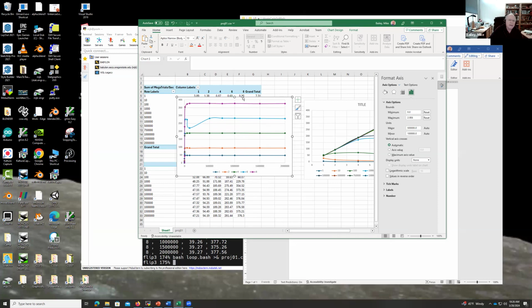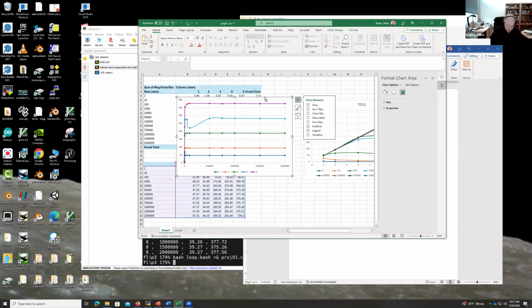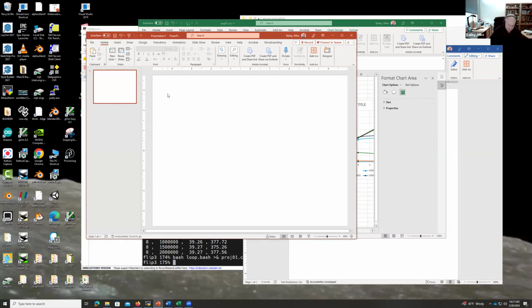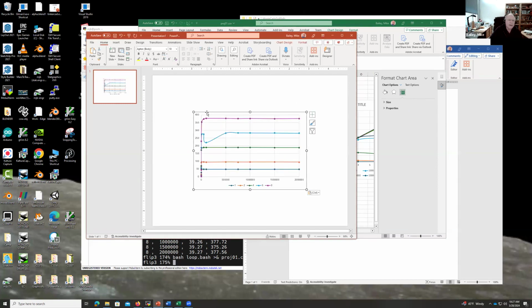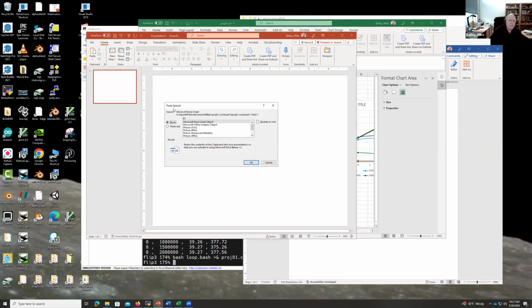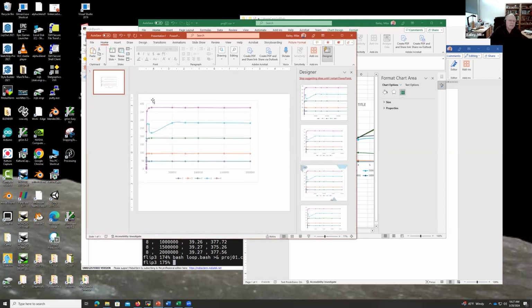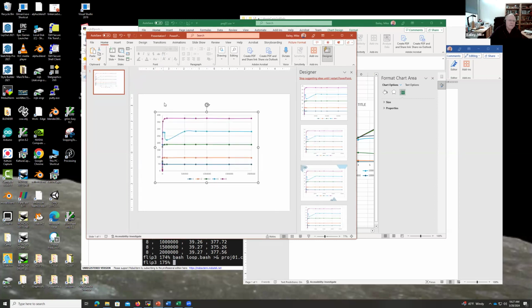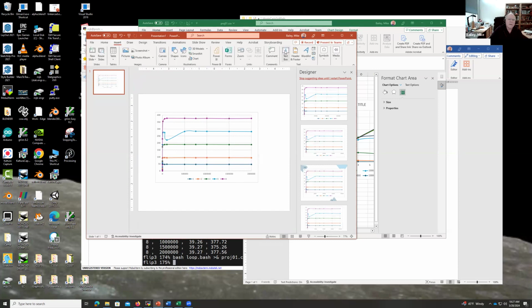Anyway, what I like to do at this point is do a copy, click on the border, so you get the whole graph, do a copy, and then run over to PowerPoint and do a paste. Now, again, that's going to have all the raw formatting and we don't want it. So let's do a paste special and say, yeah, let's use an image format because now it's an image. And if we change the size, yeah. The reason I like to bring it into PowerPoint is if you want to do things like axis labels,